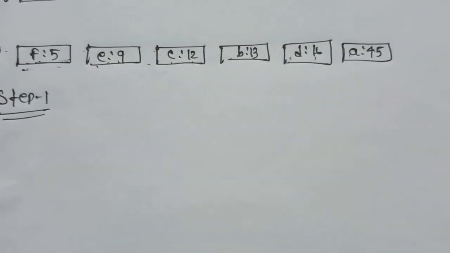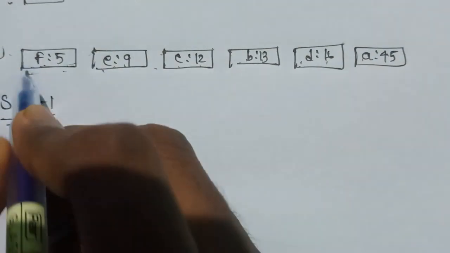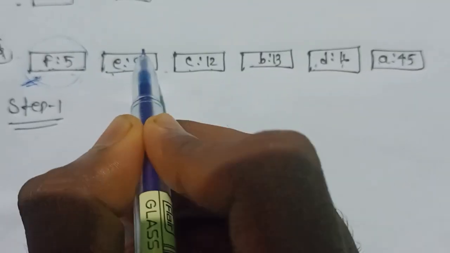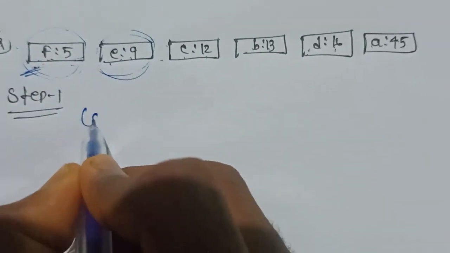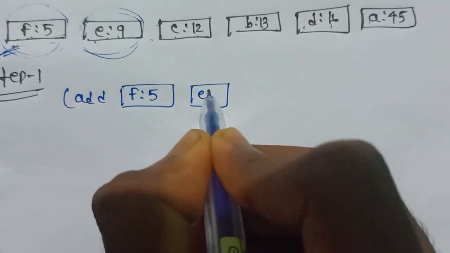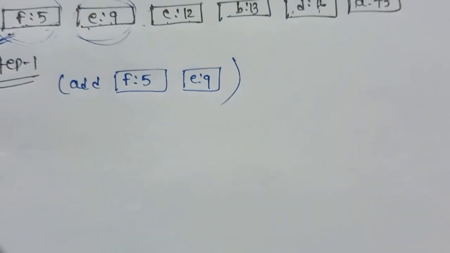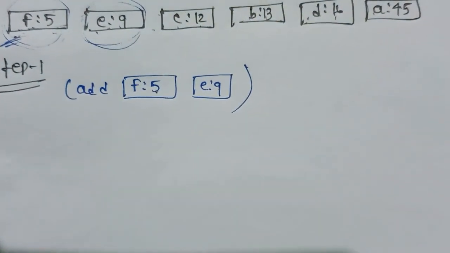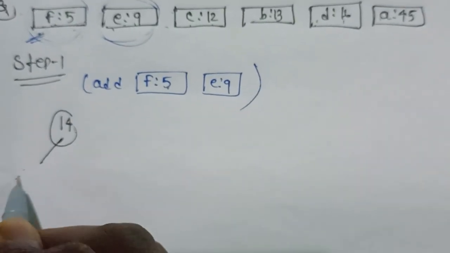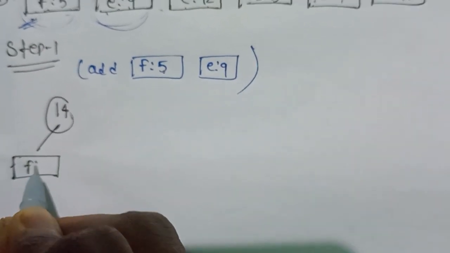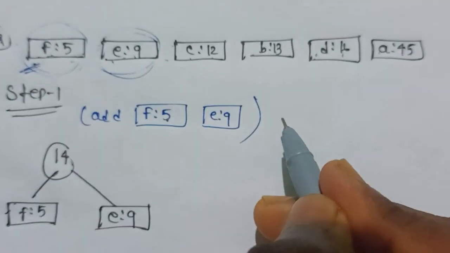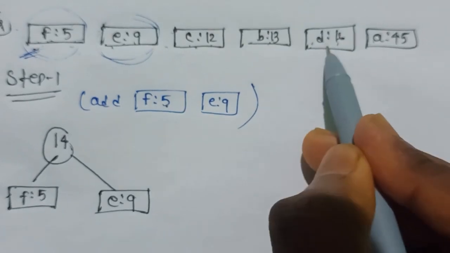So here what is the minimum? First F5 is the minimum, and the second minimum is E9. So simply we add F5 and E9. What is the result? 5 plus 9 is 14. So I write 14. Then on the left side F5, on the right side E9. Then write the remaining parts: